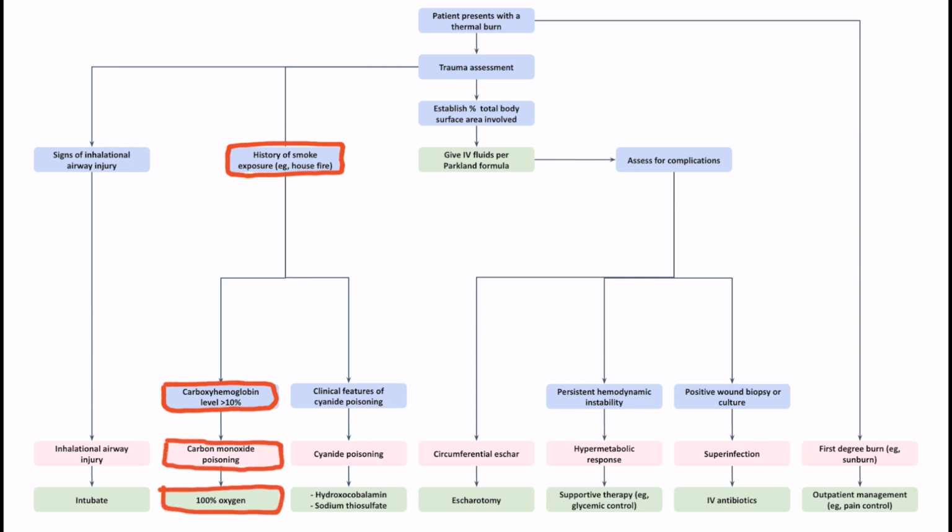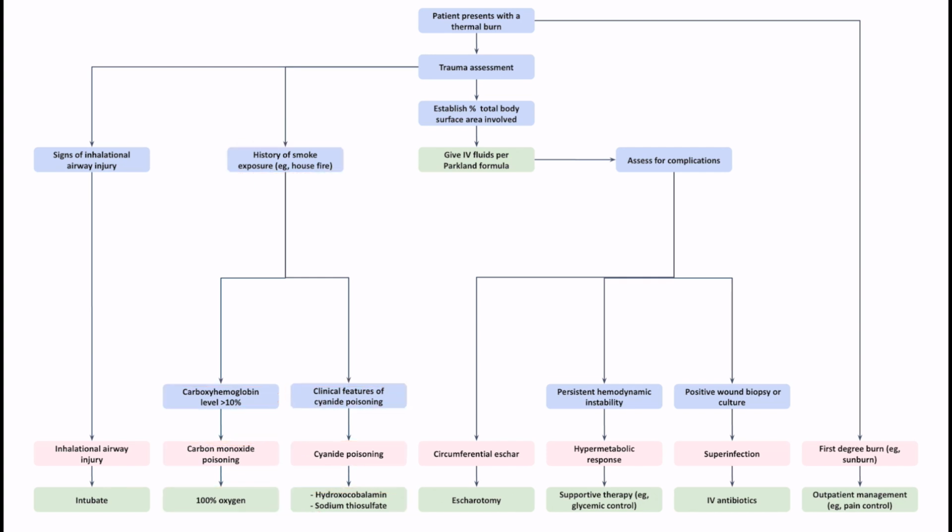Similarly, if a patient with a history of smoke exposure is exhibiting clinical features of cyanide poisoning, the clinician should strongly consider cyanide poisoning as a potential complication and treat the patient with hydroxycobalamin and sodium thiosulfate. Once the airway and breathing have been assessed, the clinician should then determine the extent of the circulatory support that the patient needs. In order to do that, the clinician should establish the percentage of total body surface area involved